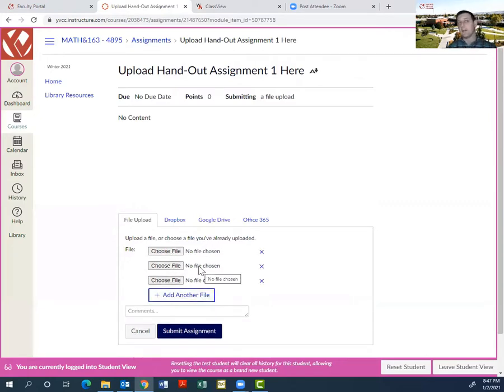Or, I'll admit as an instructor, it's really nice if you have one of those apps that collapses all your pictures into a single PDF. So if you can do that, that's great. Then you can just put that entire document in one of these and hit submit assignment. Those are going to be your traditional paper homework, and I'm going to be grading those and then sending them back to you.